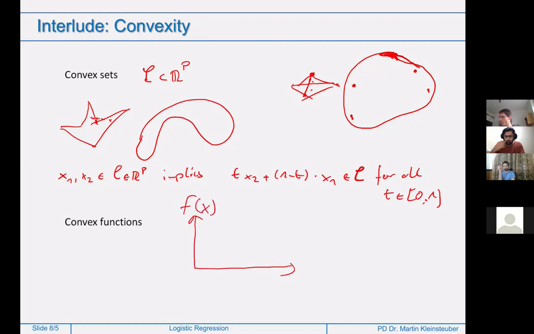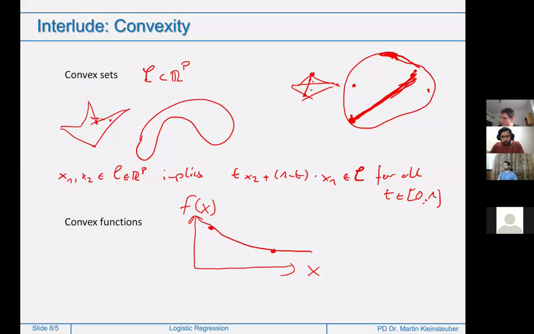Function f of x. So if you look at this function along this line that is always in the set, I mean, the line that connects these two points is always in the set. If I start at this point x1 and go to that point x2, and I look at what this function is doing and draw that, it should look in a way such that